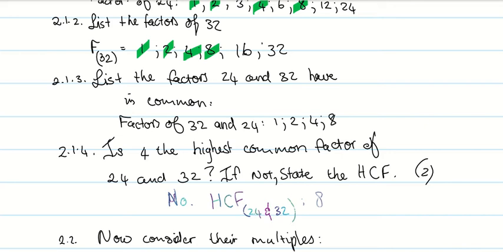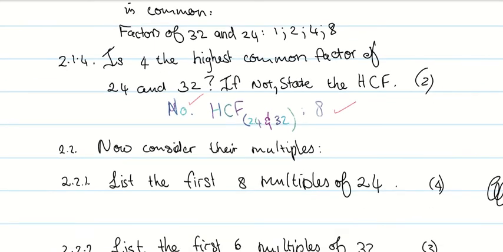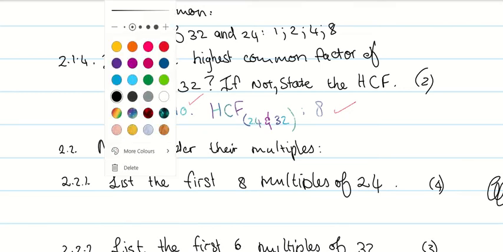So we have to say, first we answer the first question, which is for the highest common factor of 24 and 32. And then we say no. All right. This is supposed to be a 2-point question. Then you say no. And then you say HCF of 24 and 32 is supposed to be 8. Okay. So please make sure of that. And then in the next question, we're going to answer. Let me just see if I can get a new pen. All right, so